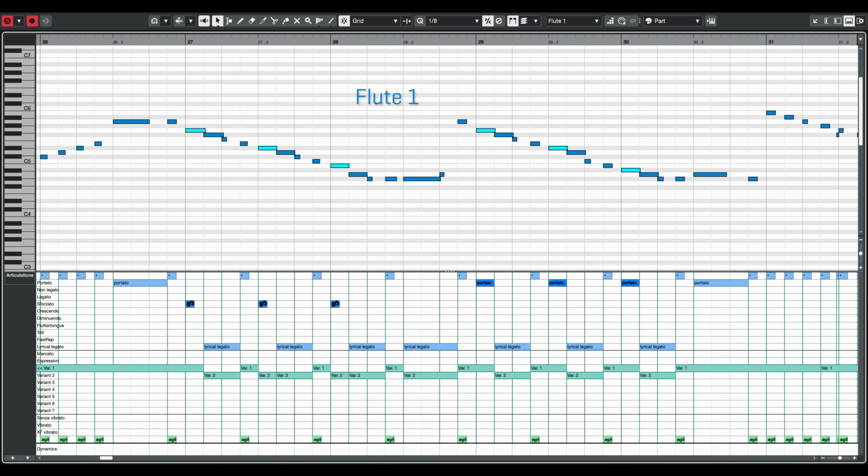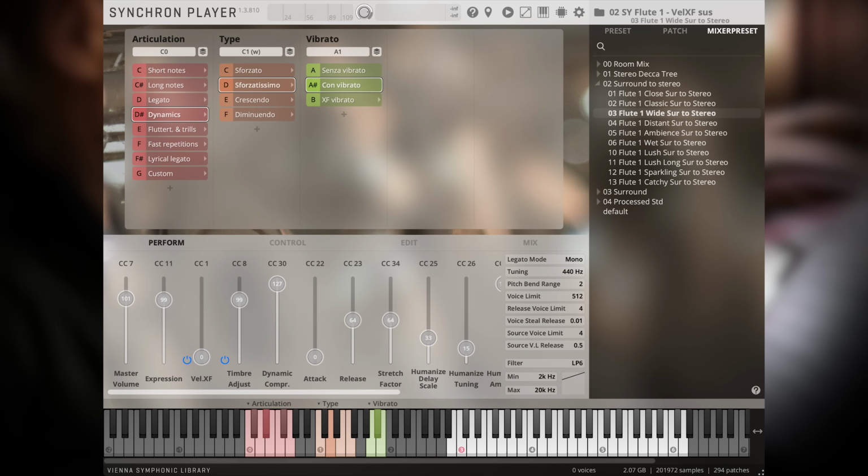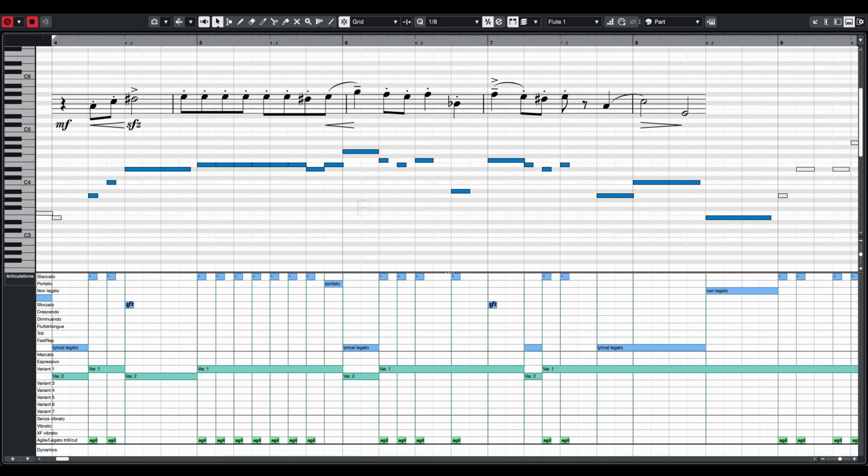I focused on the start of the notes and especially on whether the notes should be accented or not. And I used legato transitions only for the notes where a transition actually occurs. That way I ensured that the phrases had the required attack and that the legato transition was playing at the right spot. Let me show you an example.